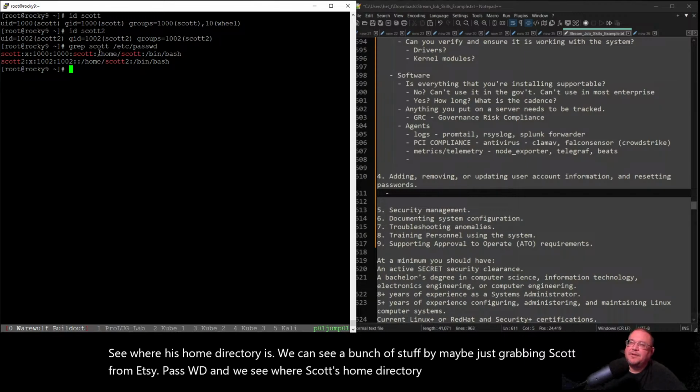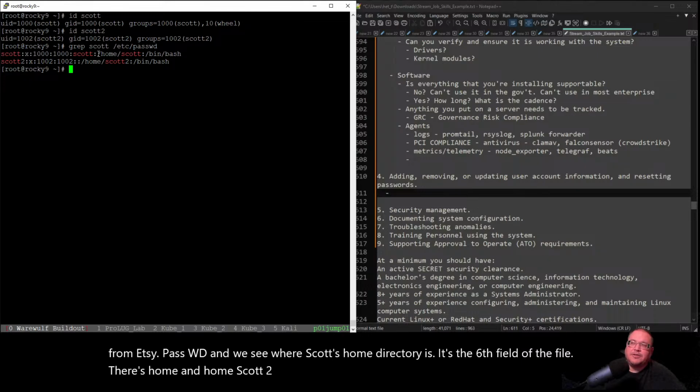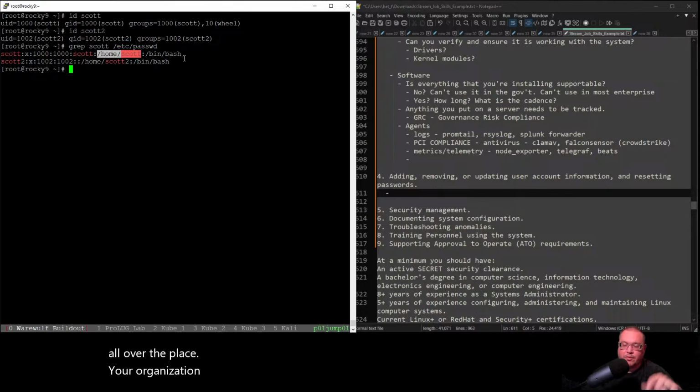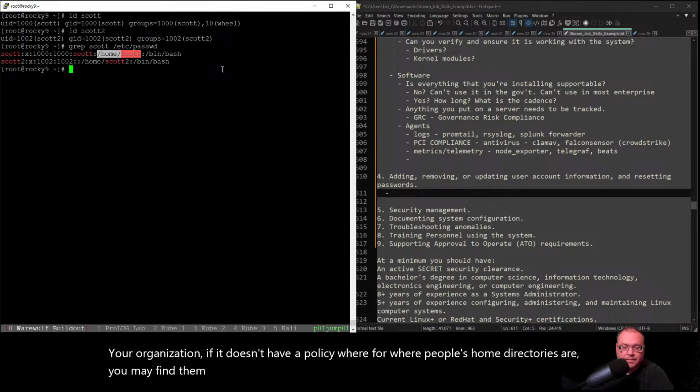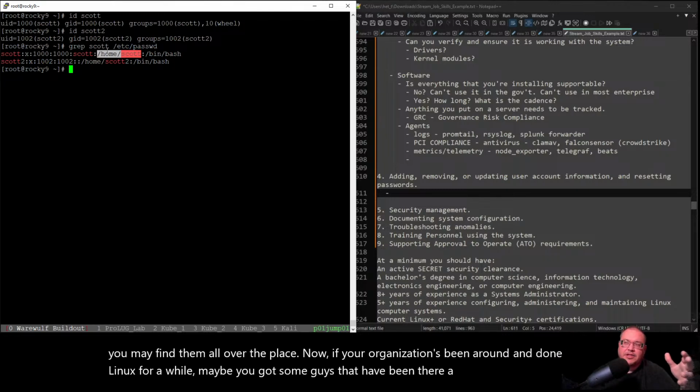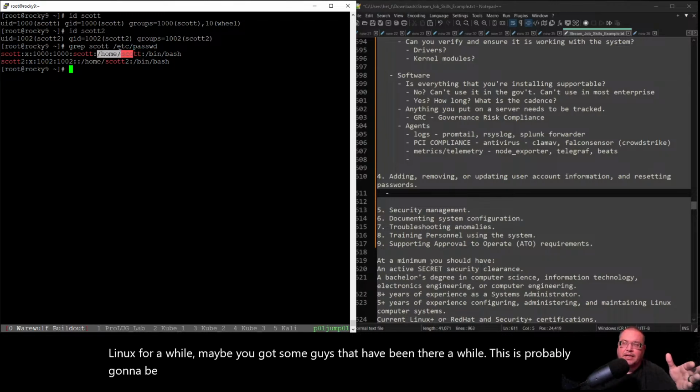It's the 6th field of the file. There's /home and /home/scott2. Now, it may surprise you to know, for people that have just used Linux casually or messing around, that these can be all over the place. Your organization, if it doesn't have a policy for where people's home directories are, you may find them all over the place. Now, if your organization's been around and done Linux for a while, maybe you got some guys that have been there a while, this is probably going to be much more standardized, and this home directory is almost always going to be